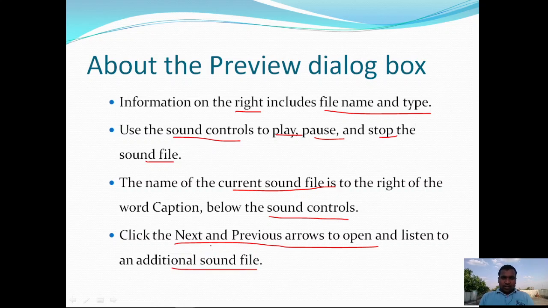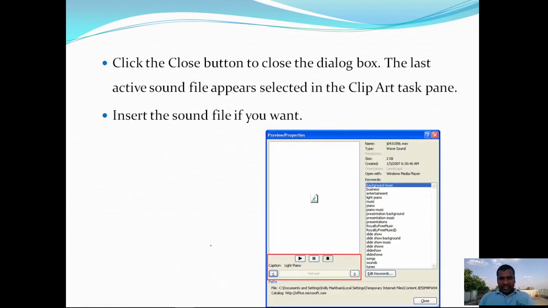Okay, so you can observe here. So this is the preview or properties dialog box, and here you can observe play, pause, stop options. So you can use these buttons to move among the sound files.